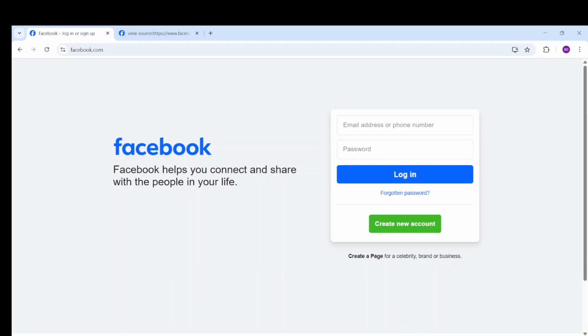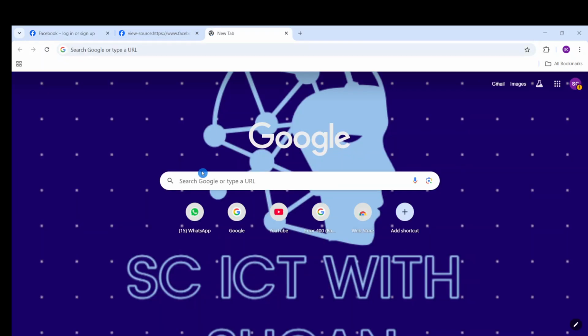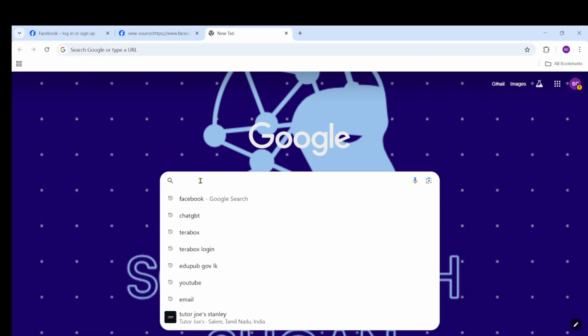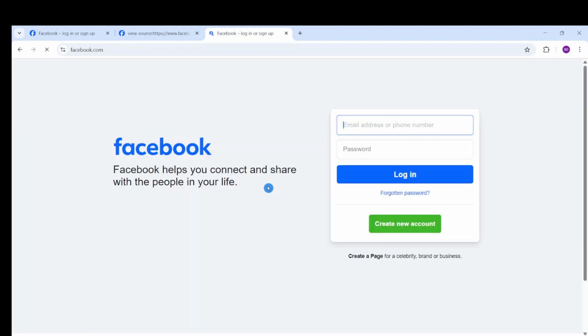Let's see, this is a URL, right? This is the URL of Facebook. If I copy this, to copy on the keyboard we click Control with C. After that I go to this page's search bar and paste this URL with Control plus V, and then enter. See,